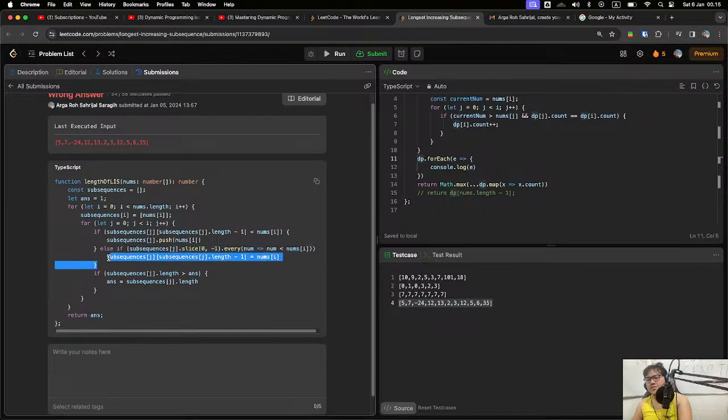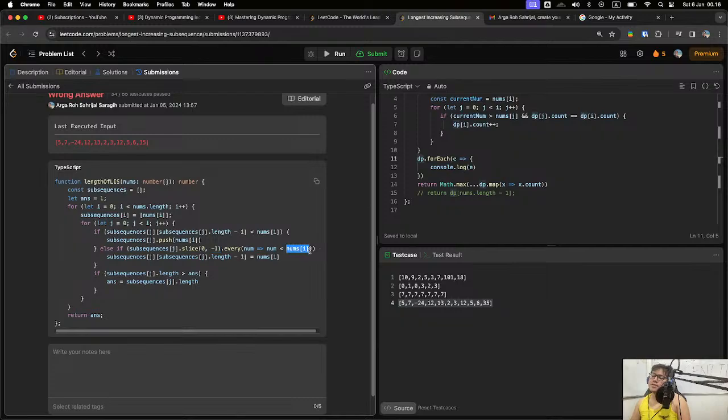No, I'm pretty sure this is very weird. I don't know what I was doing here. I slice the subsequence array in the j index from the first element to the second last element, and then I check whether every element is less than now.